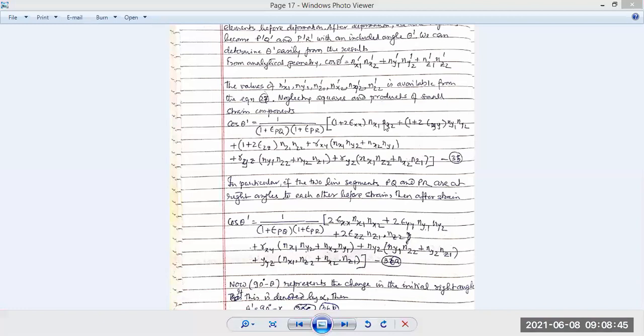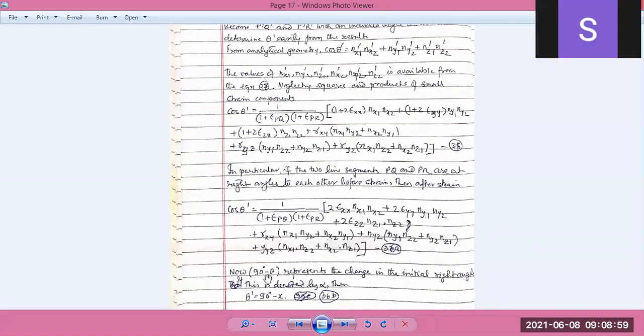Now, 90 degrees minus theta dash represents the change in the initial right angle. It is denoted by alpha itself. So first of all, PQ and PR were at a right angle. Now after deformation, the right angle is changed. That becomes 90 degrees minus theta dash, which is the change in the new position of the initial right angle. And if you denote it by alpha, then what happens? Theta dash will be equal to